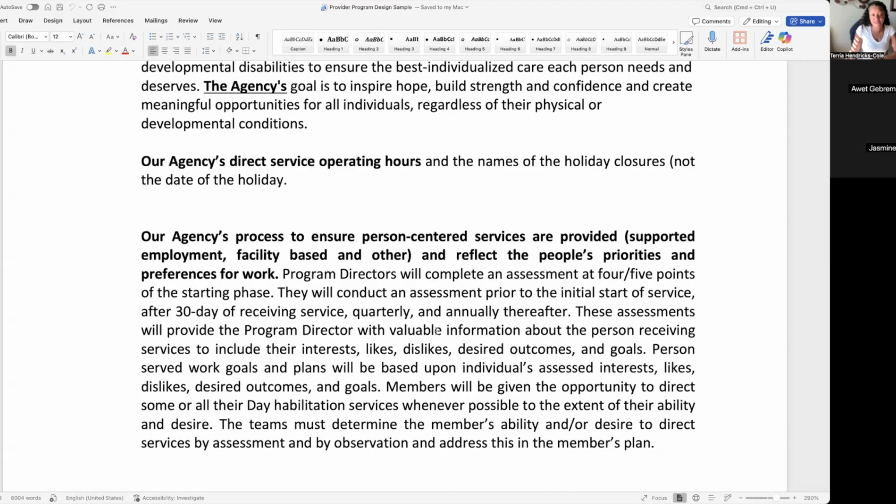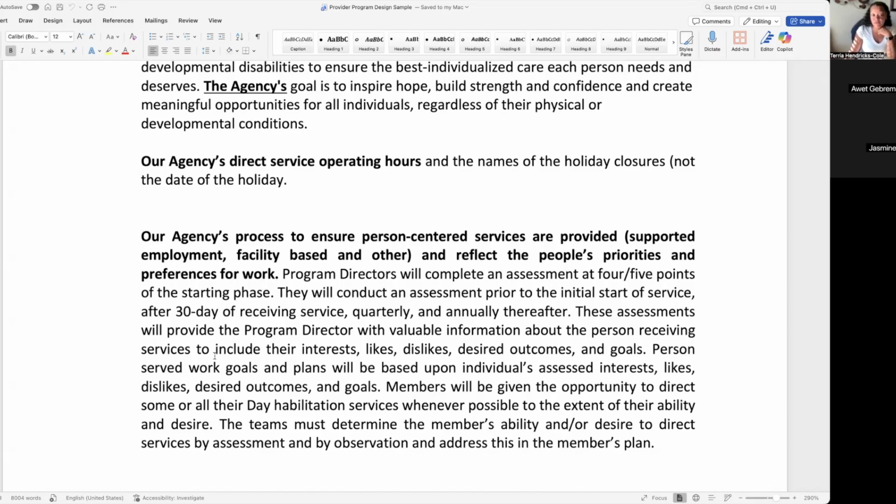And then you want to assess them quarterly and every year thereafter. Okay, so that is a requirement from the state that you have four assessment phases, 4 or 5, because I include the tour as an assessment when they come in for the tour. But you have these assessment phases where you're continuously assessing your clients. This shows that you are equipped to make sure you're providing the person-centered supports for each of your clients.